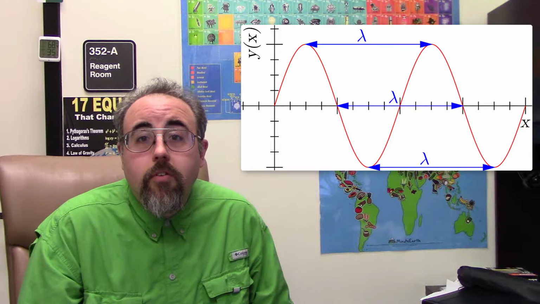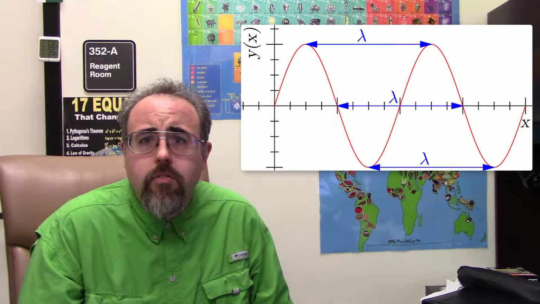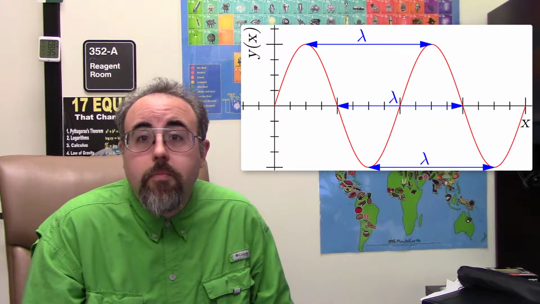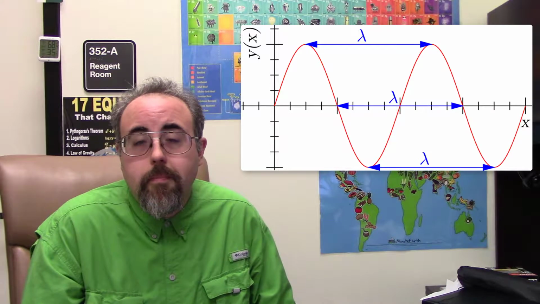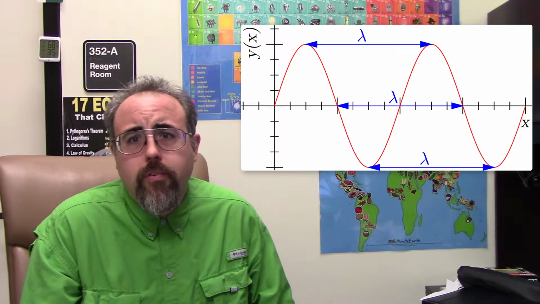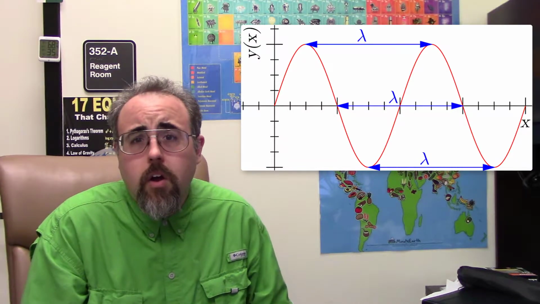Okay, the next 2 properties are the ones we tend to look at the most, and they're connected with each other, so it's kind of an interesting feature. First is wavelength. This is the distance between any 2 like parts of the wave. So you can imagine the top of the peaks, or the 2/3 of the way down, traveling to 2/3 of the way down. Just pick a spot on the wave.